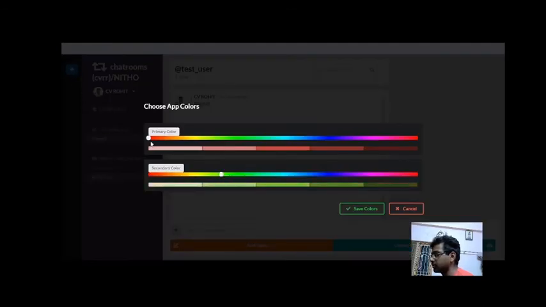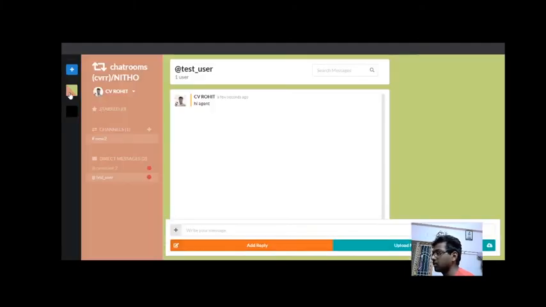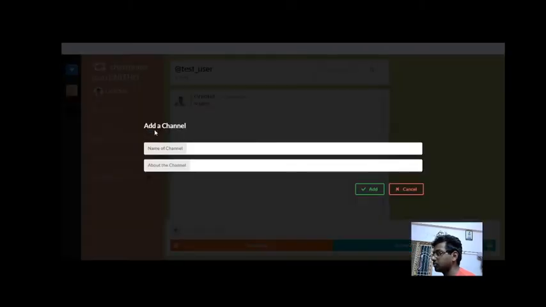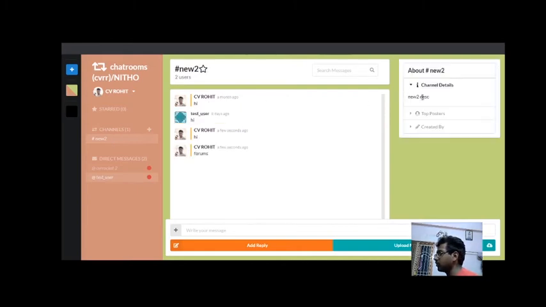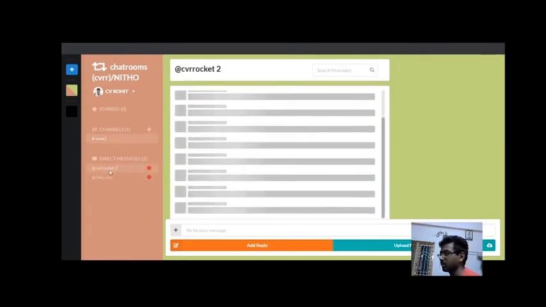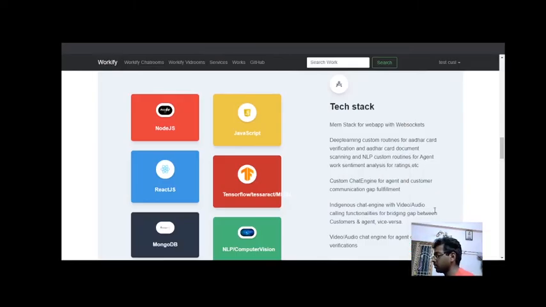You can pick a color, save it, and it will pop up over here. Let me take something like this. This will be coming, and this will be changing. And you can also add a new channel. Yeah, all those advanced features you can also do. And we can see top posted users, channels created by whom, forums, and these are direct messages to the agent itself. So as I said, that is how the NLP part goes.